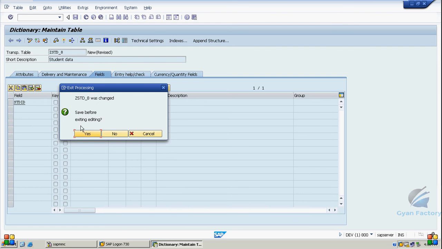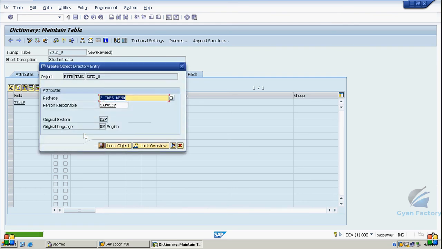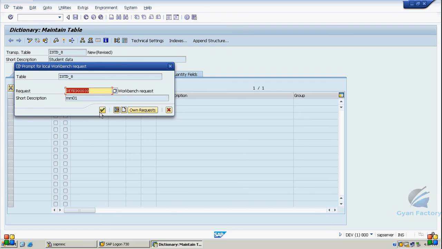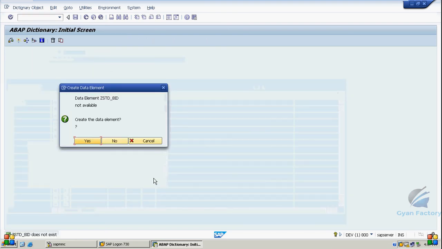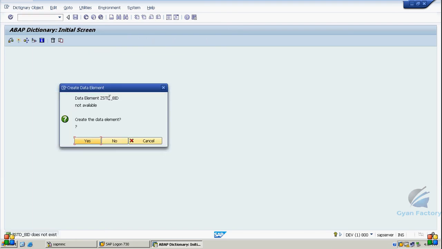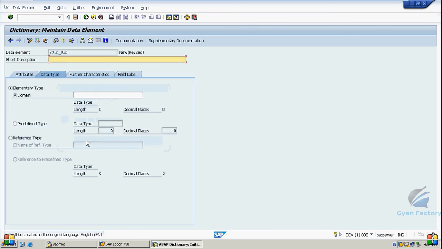When I double click here, it will ask me to save the table first. So we have to give the package and request. I will tell you what is this package and request in the coming lectures. Here it is telling that this data element does not exist. Do you want to create the data element? Yes. So from here also we can create, or we can create through SE11. We have to give some short description like student ID,